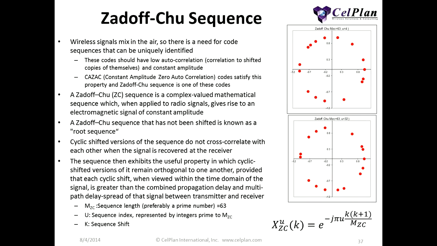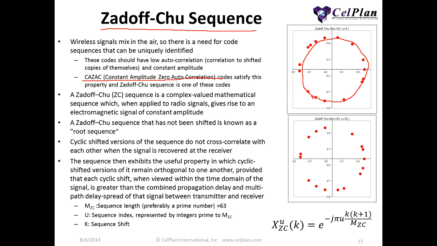Zadoff-Chu are a kind of orthogonal codes, but because of the OFDM characteristics, they have a very special characteristic, that is all the symbols are modulated with a constant amplitude in the complex plane. And with this, it's possible to minimize the PAPR effect. Basically, the Zadoff-Chu sequences are constant amplitude, zero autocorrelation codes, and they allow you to generate several codes or groups of codes. Those groups of codes are not fully orthogonal to each other, but